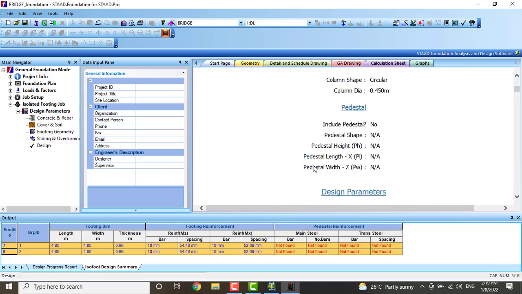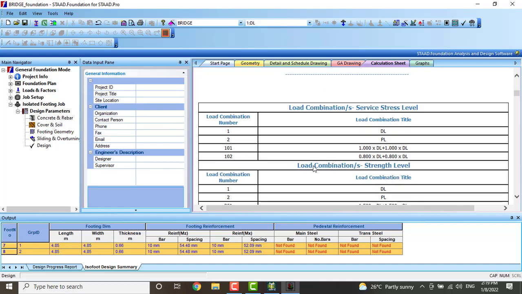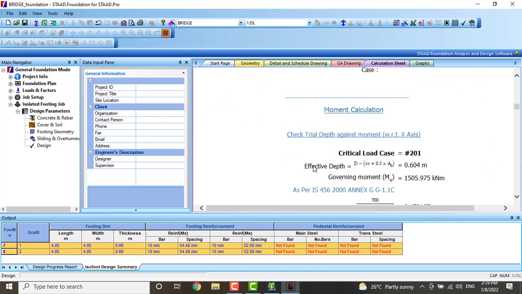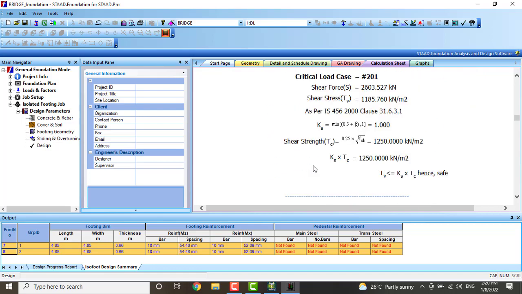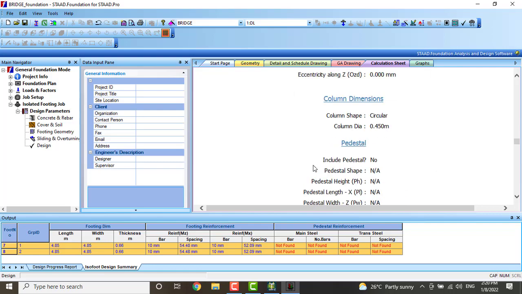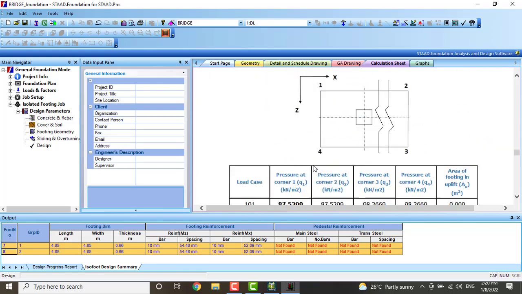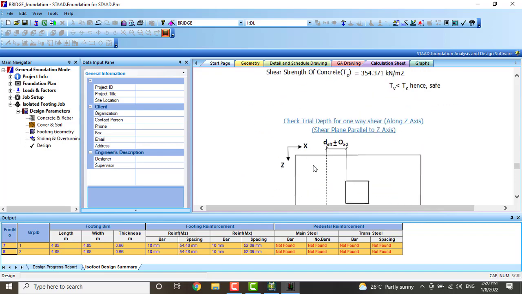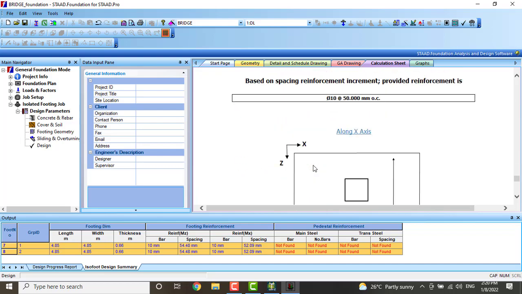Footings, isolated footings: which type of footings we have to take and which dimensions are mandatory that we should maintain. All these are shown here. Complete calculation and values will appear here. So our design will be completed.